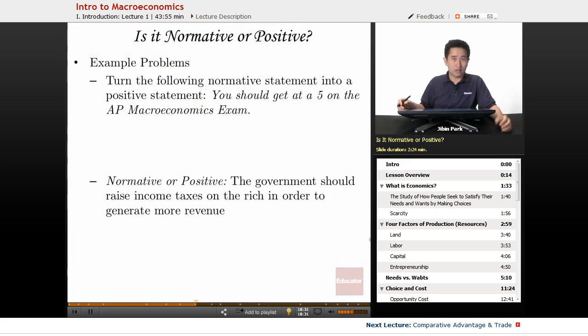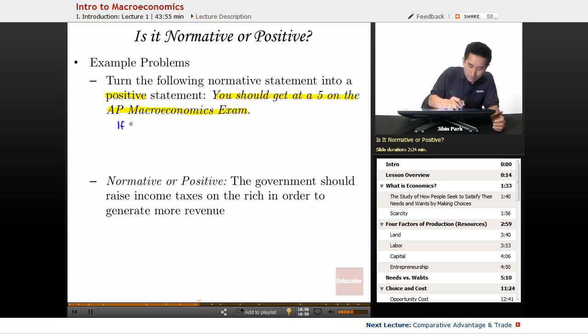So let's take a look at a couple examples with positive versus normative. So let's say a particular statement is: turn the following normative statement into a positive statement. You should get a 5 on the AP Macroeconomics exam. Again, this would be great. We established that you don't need to do that, but let's turn what is a normative statement into a positive statement. So if I change it around, if I say, if you watch